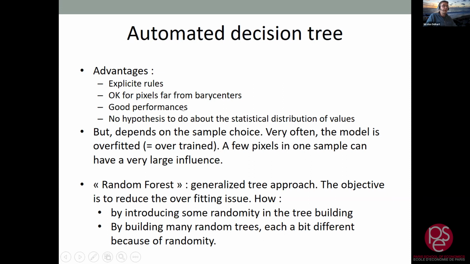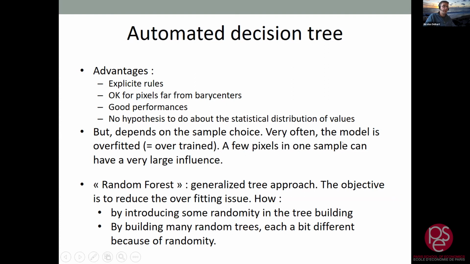It provides good performances compared to other methods. It makes no hypotheses about the statistical distribution of values. For example, it doesn't consider that for each class we must have a Gaussian distribution. It doesn't rely on that. It doesn't need this hypothesis like the maximum likelihood